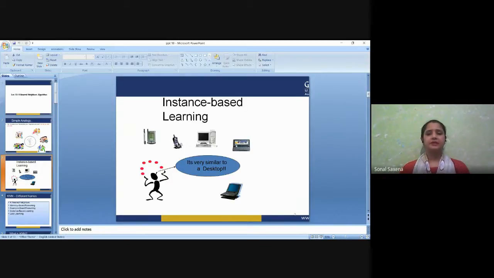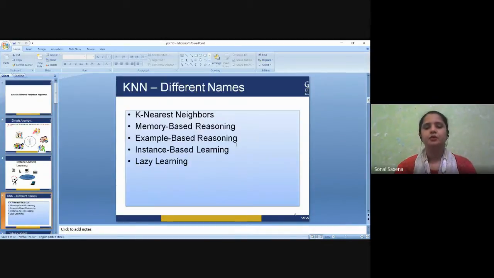Instance-based learning is based on whatever instances or memories the machine has from some training data. On the basis of that, it is going to judge the further things, right? So as I told you, due to this reason, KNN has got different names. KNN is the only name, but other than this, it is also known as memory-based reasoning or memory-based learning. Then example-based learning: the examples that it has seen earlier in the training, it is going to apply the same. It is going to extract the features from the same. That is why we also call it example-based learning.